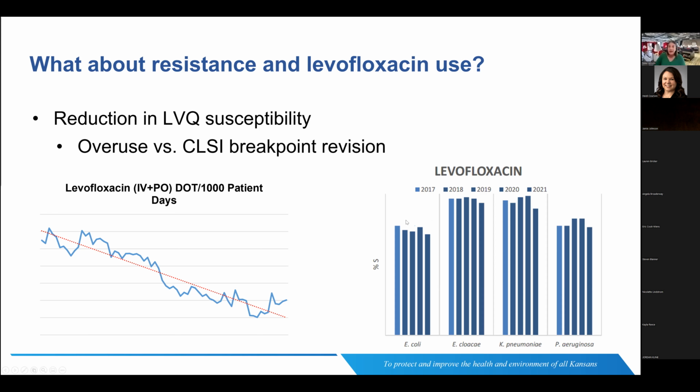Being aware of those things and working with your microbiology laboratory to be on top of those updates is huge, because to the untrained eye, someone might look at this and say, wow, you guys are really messing up our Levaquin susceptibility. Outside of the obvious confounders, antibiotic use isn't the only thing that causes resistance. I think it's important to tell that story and share that this was due to a breakpoint decline. Yes, the organisms are ultimately considered resistant and it removes this as a treatment option, but being able to explain that in the setting of a utilization reduction is extremely important.